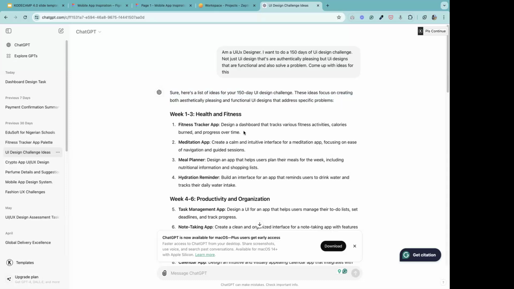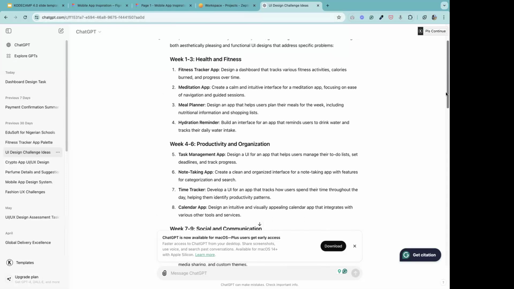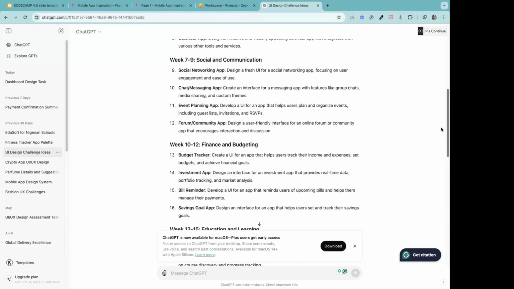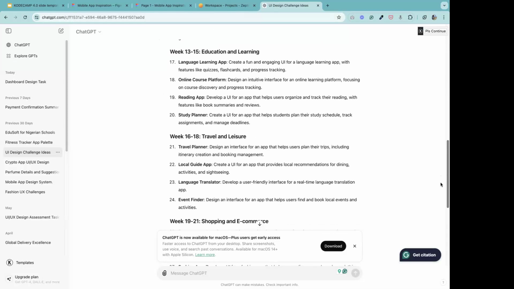That problem is very important because when you just focus on UI, you just think, oh, my design is beautiful. Is this solving a particular problem? Is it functional? So you can see in every week, ChatGPT gave me a particular task. Weeks 1 to 3, health and fitness app. So fitness tracking app: design a dashboard that tracks various fitness activities, calories burned, and progress overview. You can see different tasks that ChatGPT gave to me: social and communication, financial and budgeting, education and learning, traveling